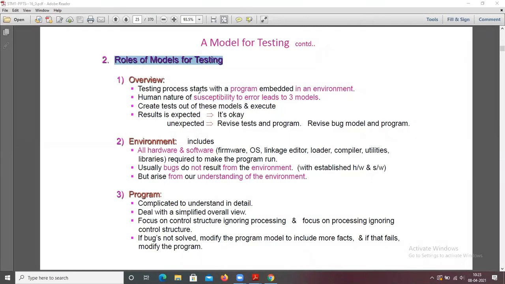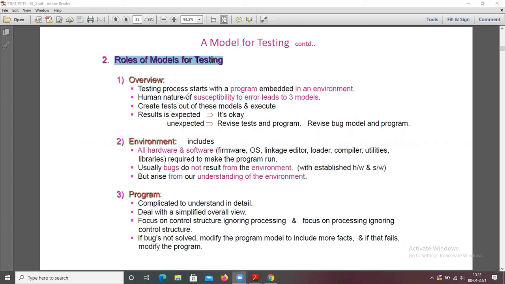The testing process starts with a program embedded in an environment. What it means: now you have developed an application, and it will be tested embedded in an environment.